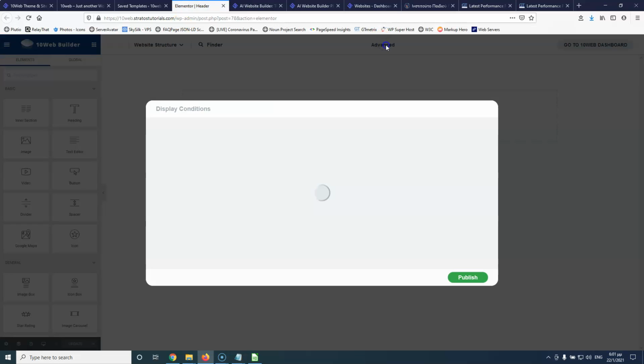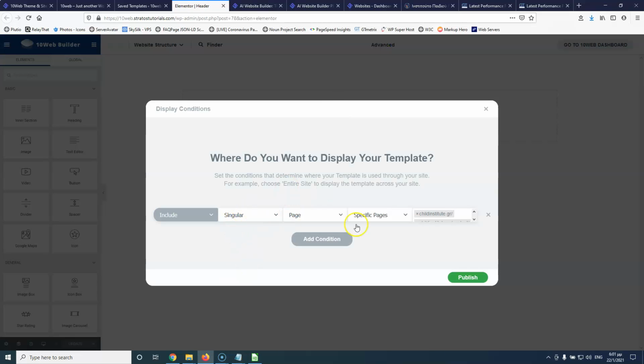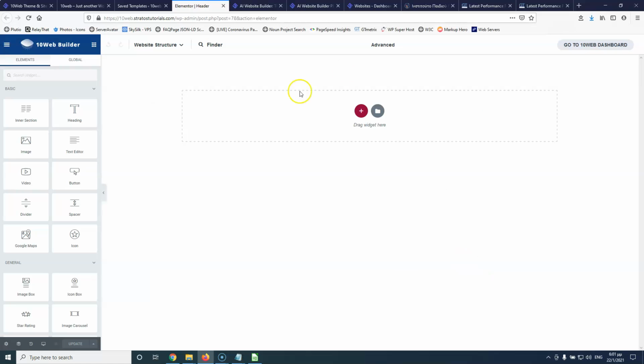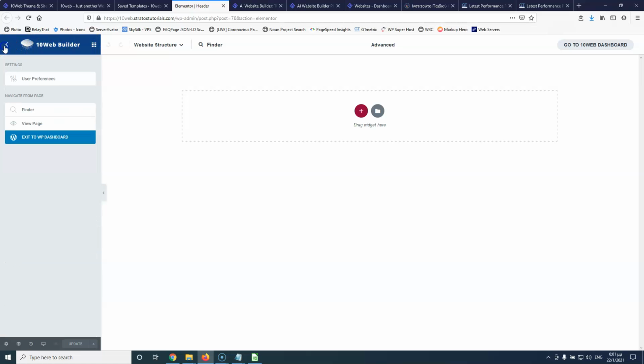So I'm going to advanced then, and I can say that I want it on the whole website, entire website, and publish that. And now what I built here will be published across the whole website and not only some pages and everything else. And of course, you can create a single template, you can create an archive template, and everything that you want. So I'm going to delete now the website, and I'm going to clone a website created